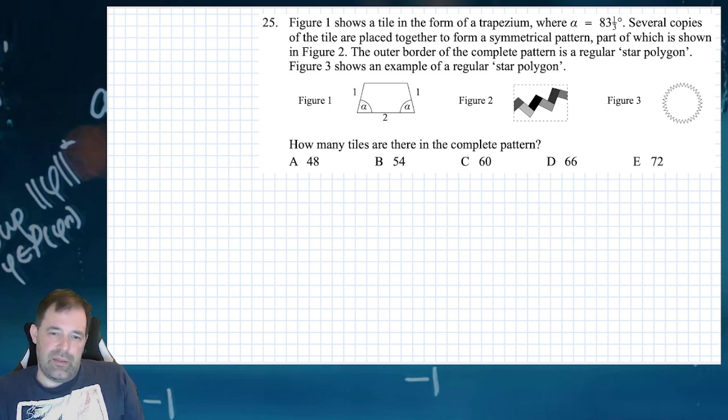Well, that has to be 180 minus alpha, or 96 2/3. I'm just going to say beta is 96 2/3. Don't know if we're going to need it. That's beta. So if we have